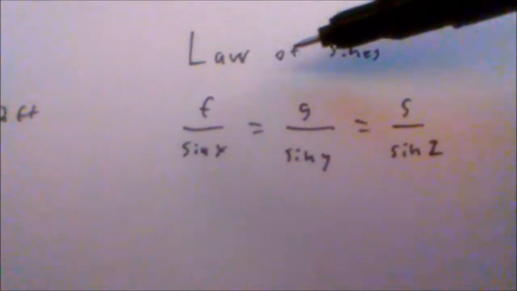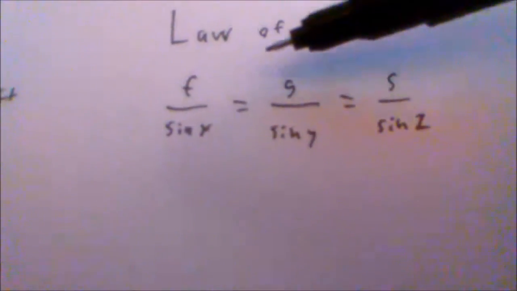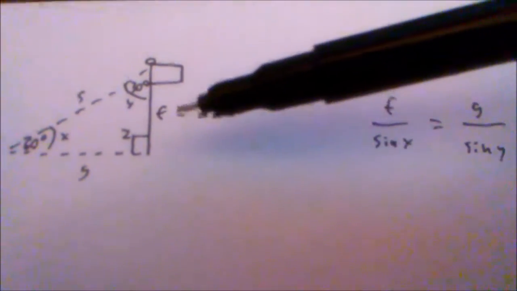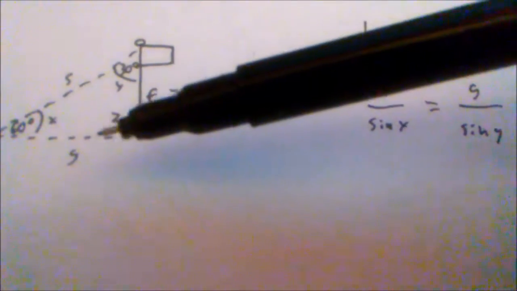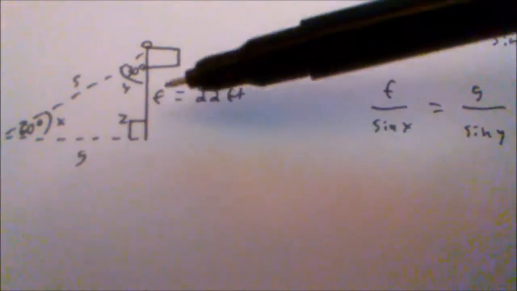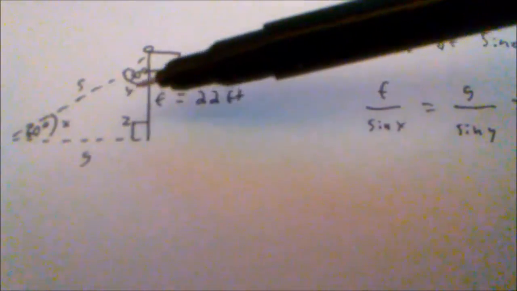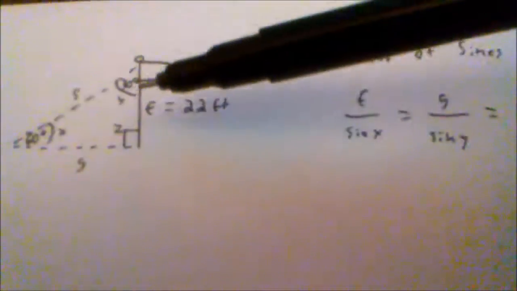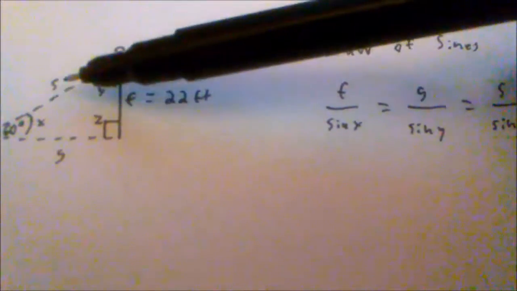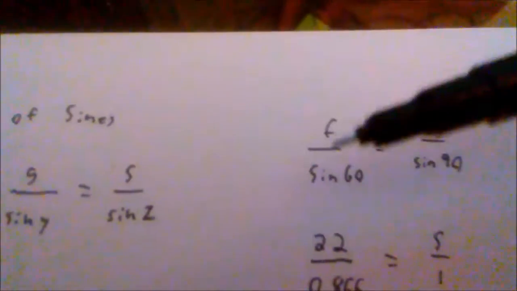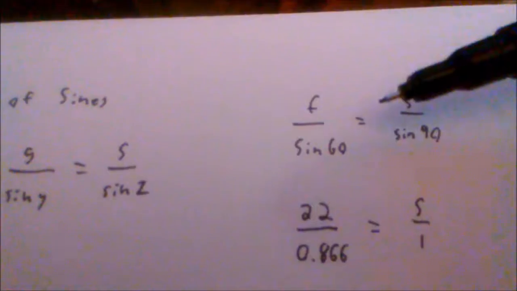This law of sines, you may be wondering how we can do that. The law of sines basically means that each of these sides divided by the sine of its opposite angle is equal to every other side divided by its own opposite angle. So F divided by the sine of X is equal to G divided by the sine of Y, or its opposite angle. So F divided by the sine of X is the same as S divided by the sine of Z as well, which makes F divided by the sine of 60 equal to S divided by the